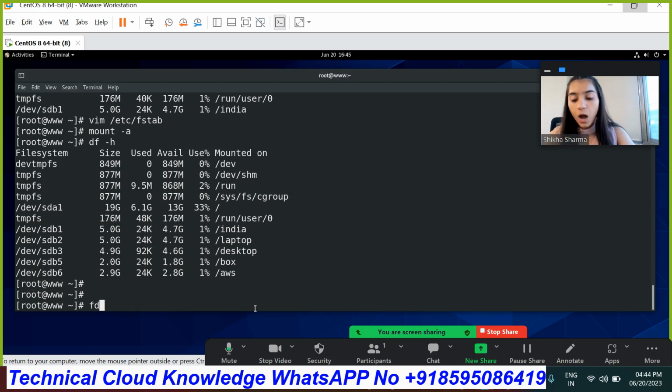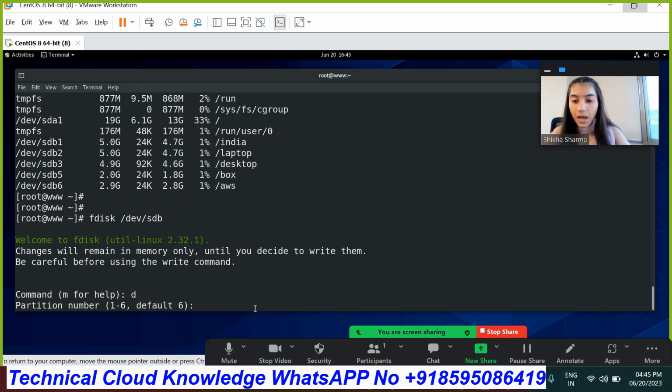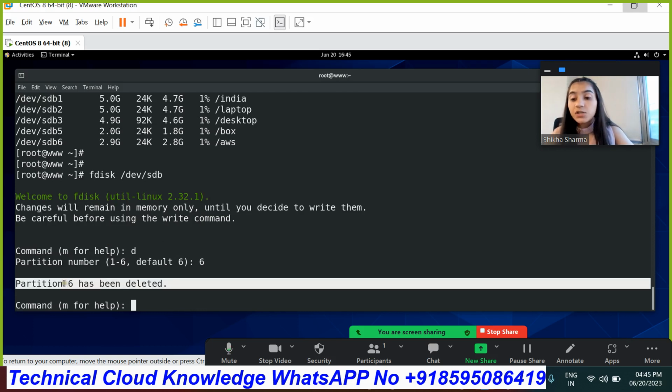As we all know how we were removing a partition, we go under the hard drive and here we are just removing the partitions. Delete, and whichever partition you want to delete. Suppose I want to delete the 6 partition, so I'm referring number 6, or it will by default take the 6 number. See what is showing in front of us. It is showing that partition 6 has been deleted, but in actual it has not been deleted. If you save these changes, it will show